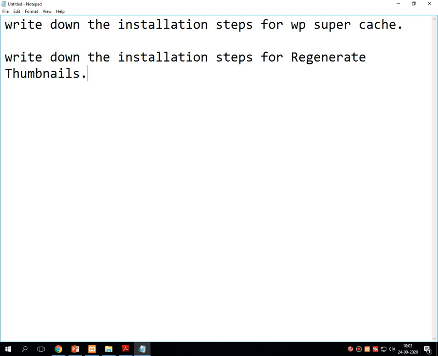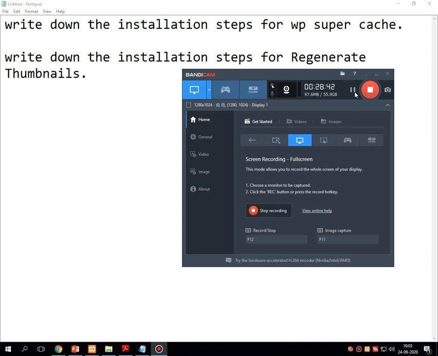Both the demos I have taken in today's lecture. You have to make them by your own at your home, and then you have to write the steps in a journal. So this is the exercise that you have to perform from today's lecture.